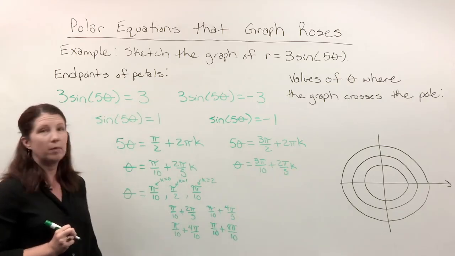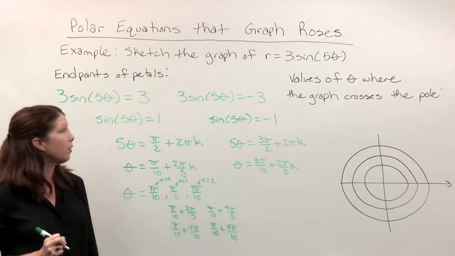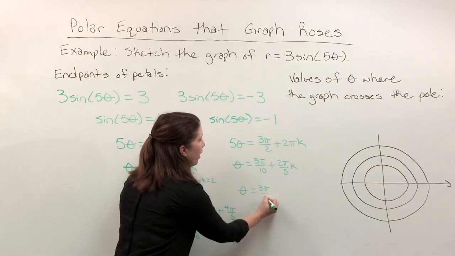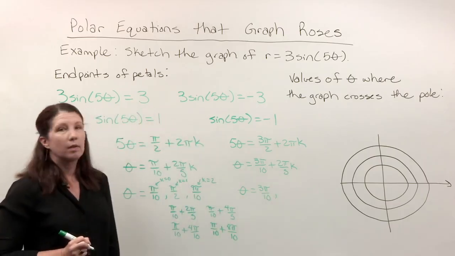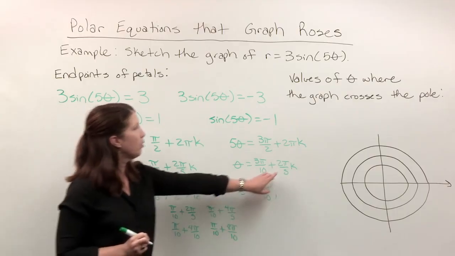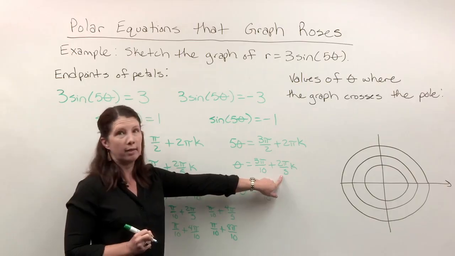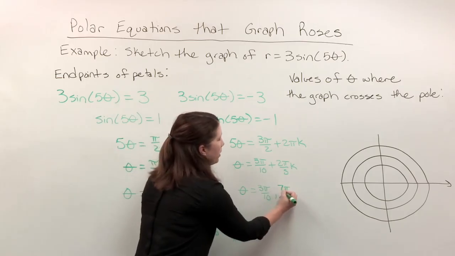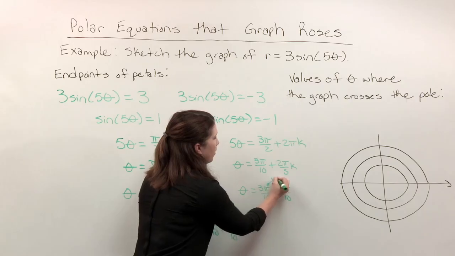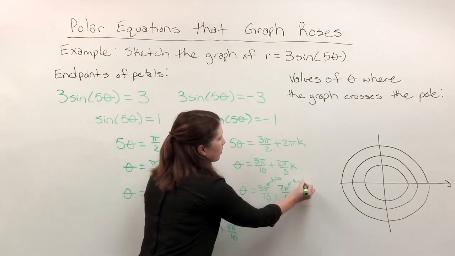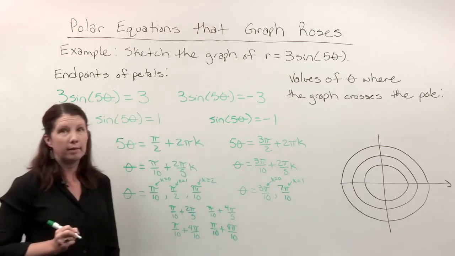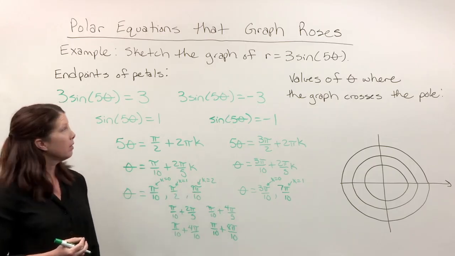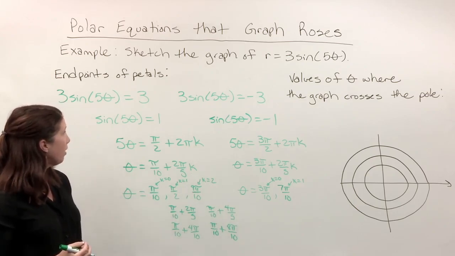Now we're going to do the same thing that we did over here, which is begin by substituting in 0 for k. When k is 0, theta is 3 pi over 10. When k is 1, remember that this will become 4 pi over 10. So 3 pi over 10 plus 4 pi over 10 will give me 7 pi over 10. And I can stop there because I know that there are 5 petals, and I've now found 5 values for theta. So going back and writing these as ordered pairs,